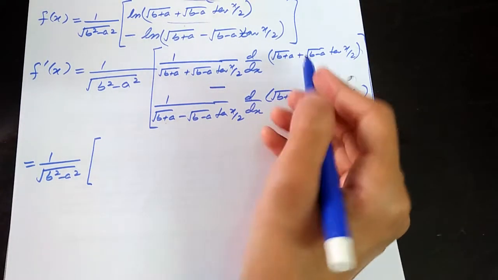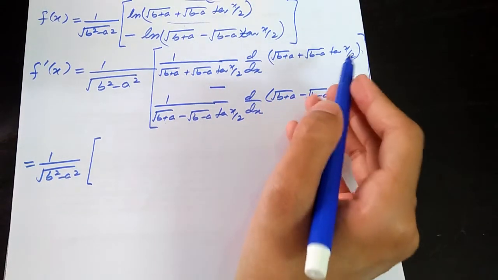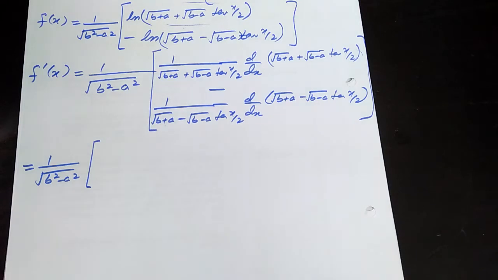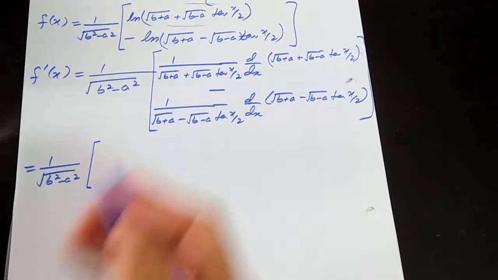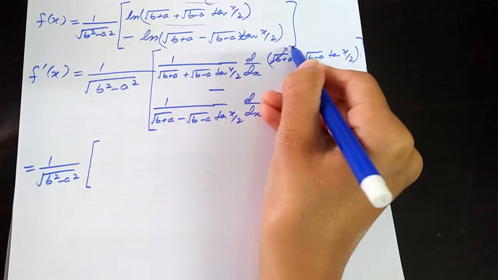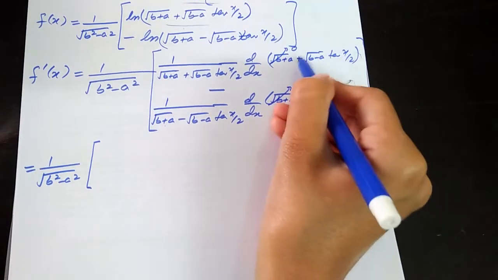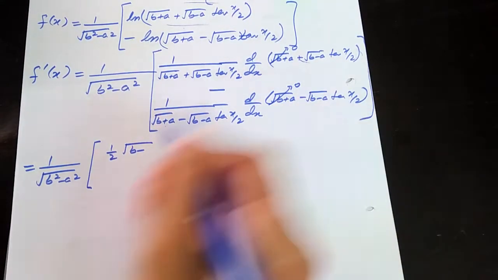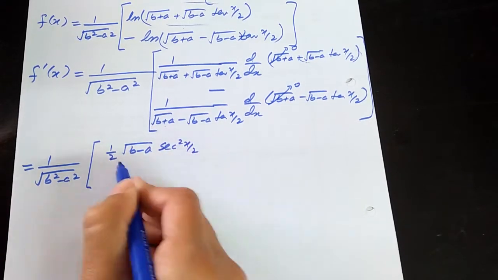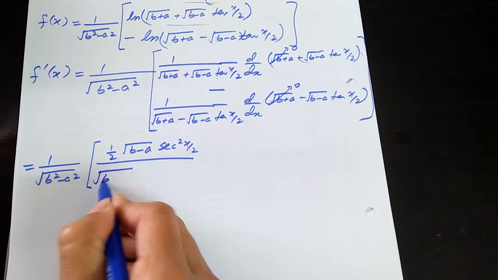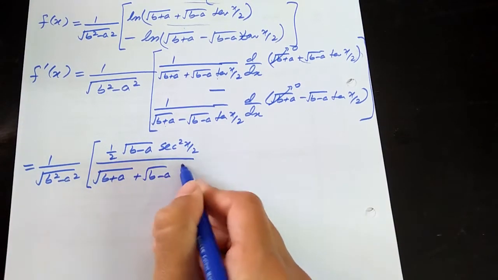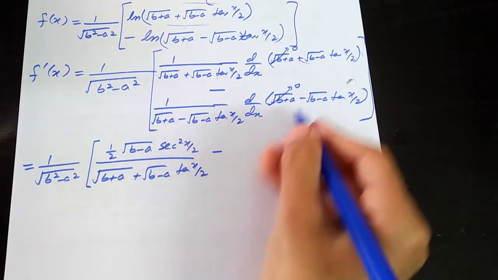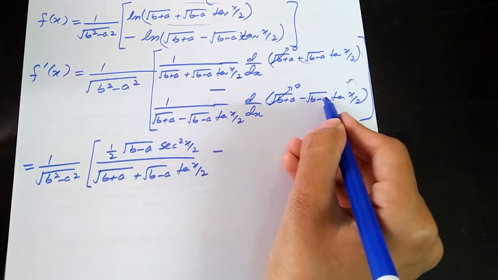it will be written as secant square of x by 2. You know that the derivative of tangent of x by 2 will give you secant square x by 2 and the derivative of the angle. So this is a constant, this term goes to 0, this term goes to 0, and here the derivative will be 1 by 2 under root b minus a secant square x by 2 divided by this function as it is, b plus a plus b minus a tangent of x by 2. Now for this negative sign, the derivative of this thing will be minus 1 by 2